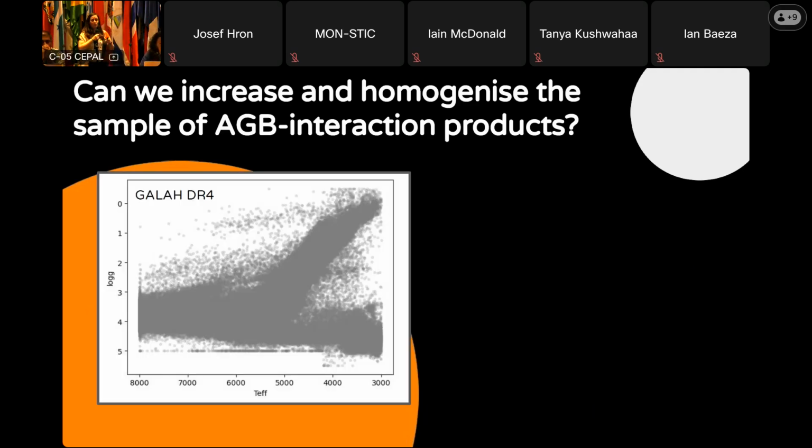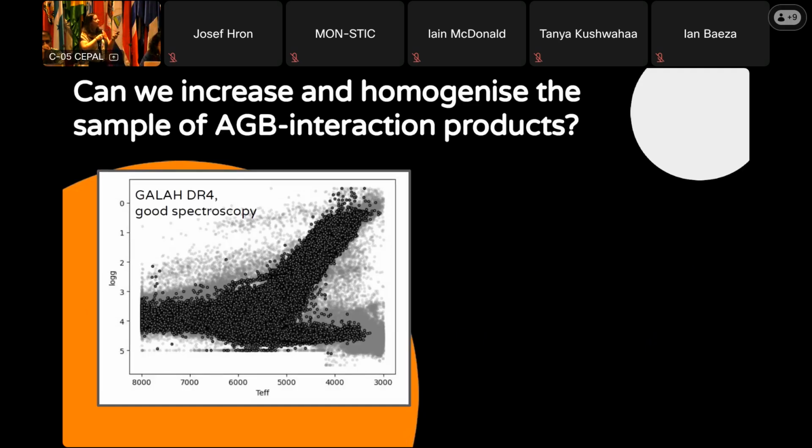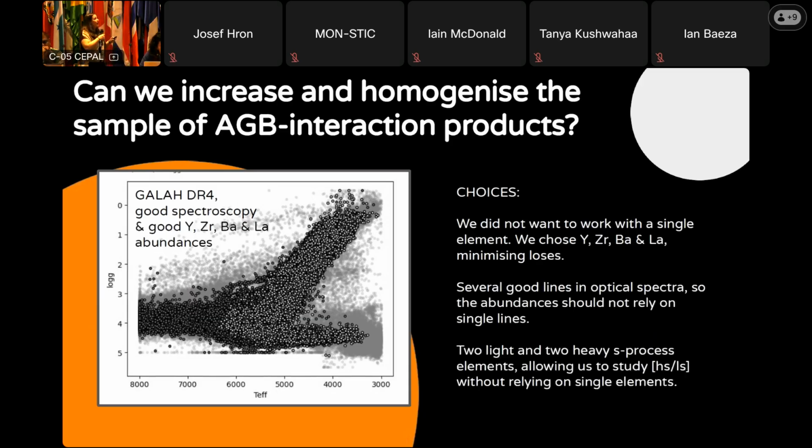That's Gaia-ESO DR4 for you. I did some cleaning. These are the targets in Gaia-ESO that they themselves flagged as good spectroscopic candidates for spectroscopic science cases. And then is when I start making choices to end up with a final catalog of polluted targets. And every one of these choices that I made changed the final catalog. So I'm looking forward to hear what you think about the choices I made in case you disagree fundamentally with some of them. As I said, Gaia-ESO gives me 8 S-process elements.